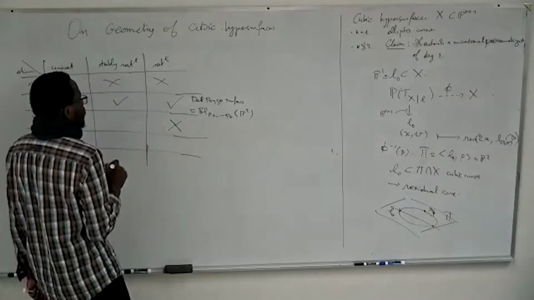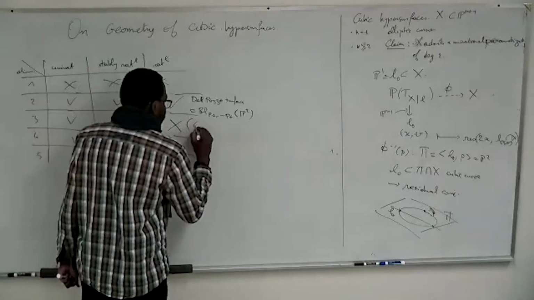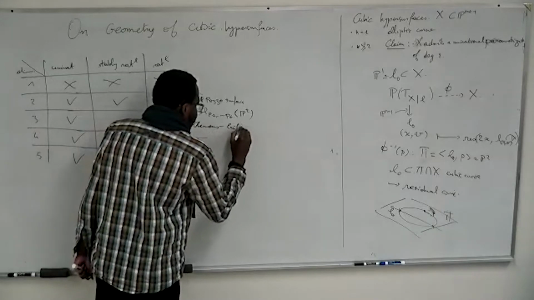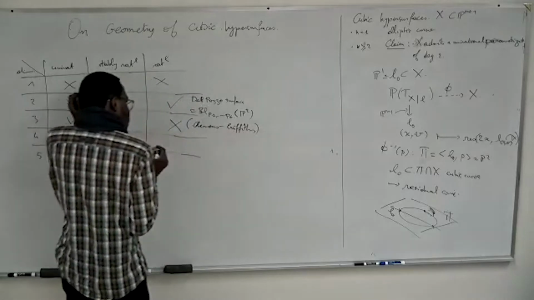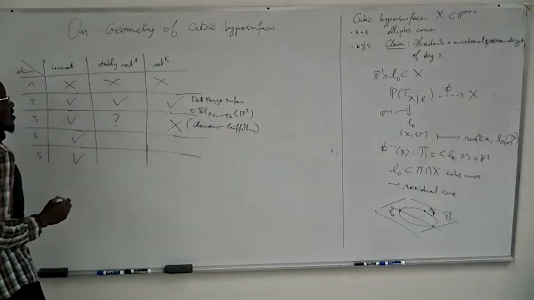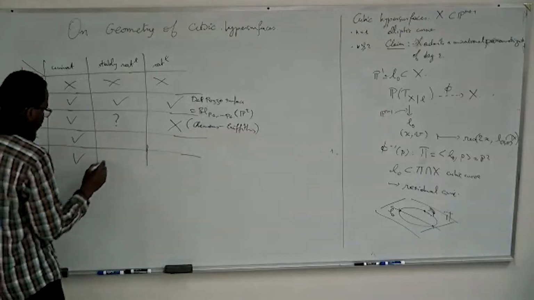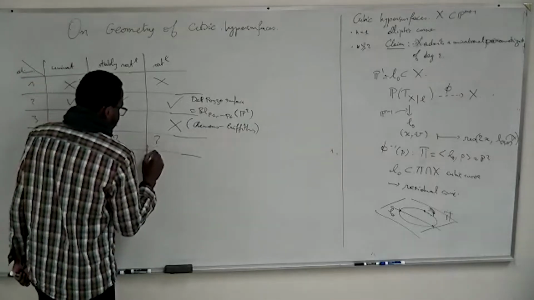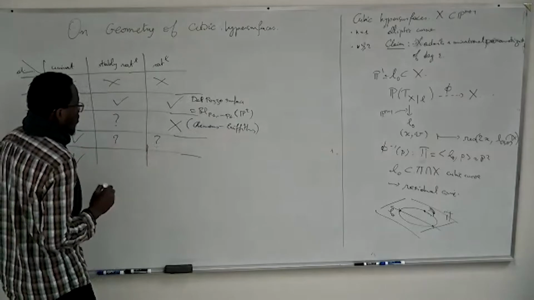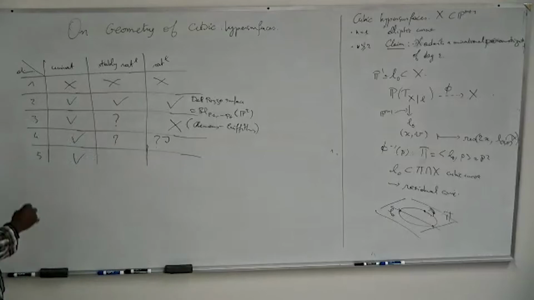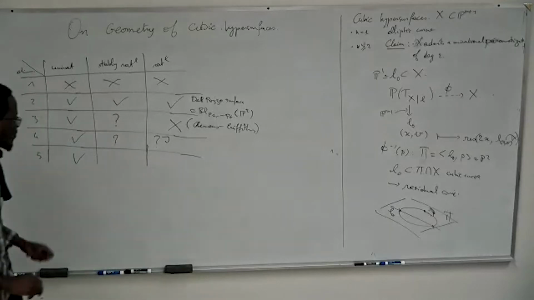the cubic threefold is non-rational due to the work of Clemens and Griffiths, a seminal paper. And we still don't know if there are stably rational cubic threefolds. We don't know anything about stably rational cubic fourfolds. For rationality of cubic fourfolds, we consider smooth ones, yes, smooth. I mean, everything is smooth. I'm not interested in singular.